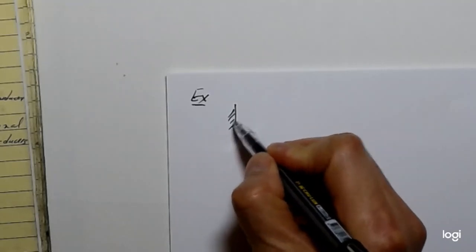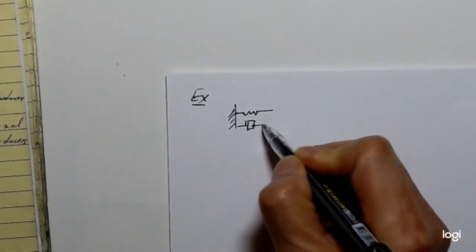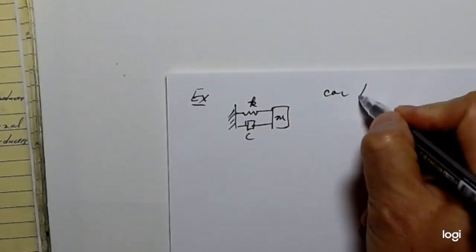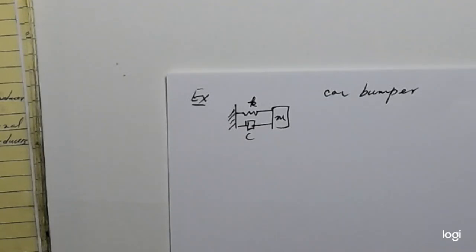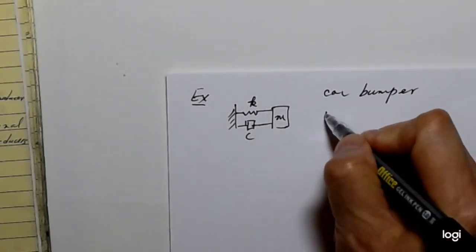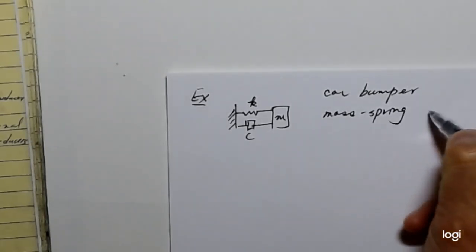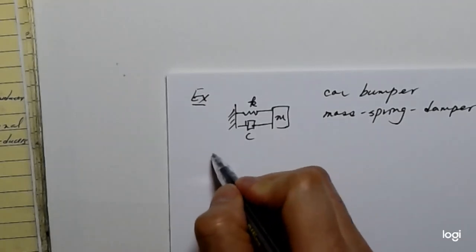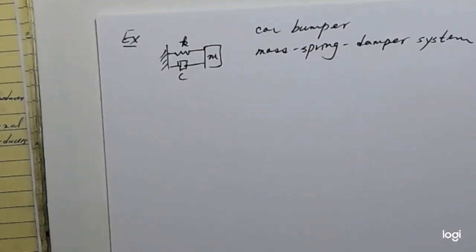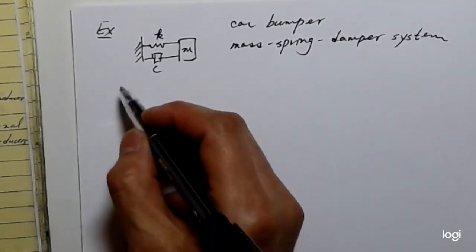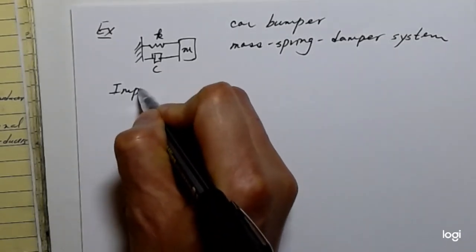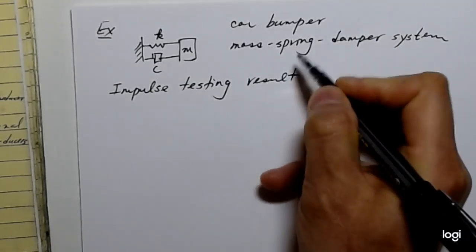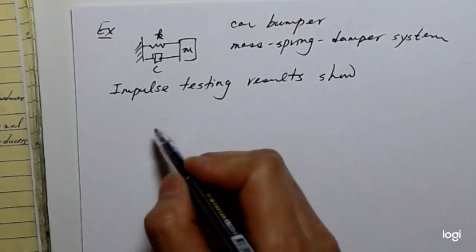If we model a car bumper as a mass spring damper, and if impulse testing results show the relationship